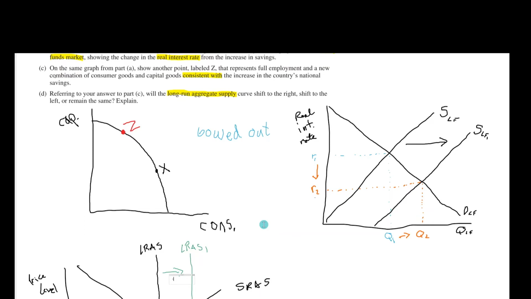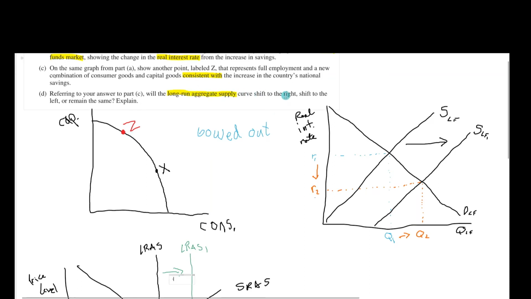The last part of the question doesn't require us to actually draw the ADAS graph, but it's useful to have it to understand what's going on. So it says, referring to your answer to part C, so we know that we've moved along the PPC to a location on the curve that's closer to the capital goods on the y-axis. That tells us that we're increasing the long-run potential of the economy to produce goods and services. And that would be indicated on an ADAS graph by a shift to the right of the LRAS, the long-run